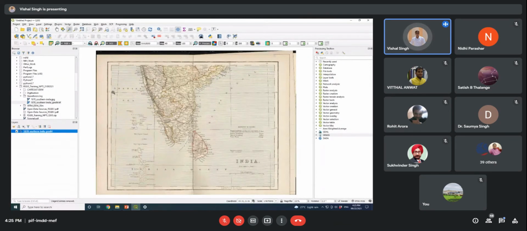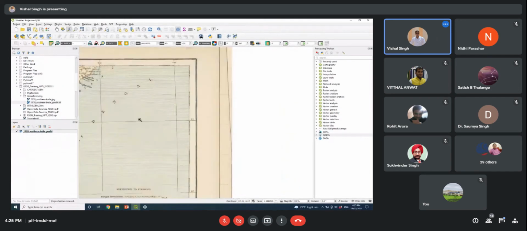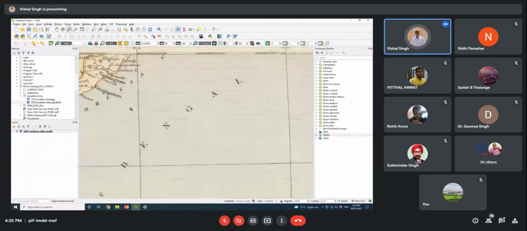And if I move my cursor from west to east, it is changing the longitude values. For each grid and each point in the map, you can get the coordinate values. So now this map has been projected.